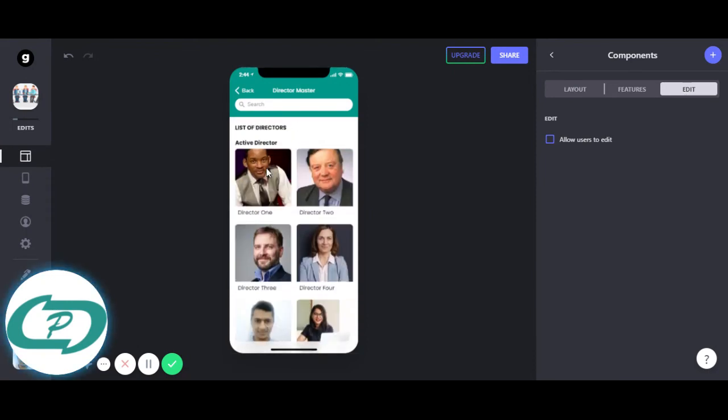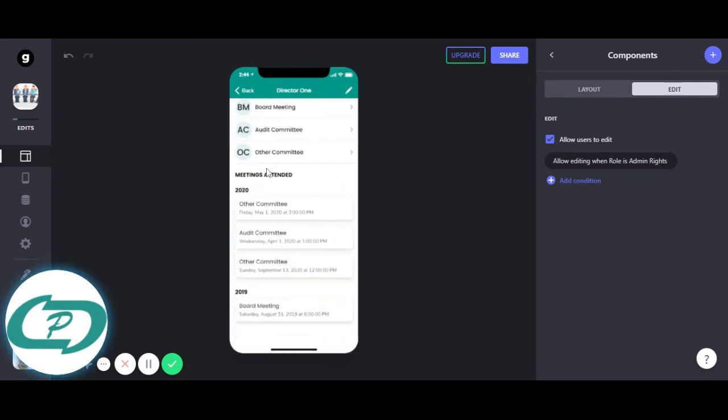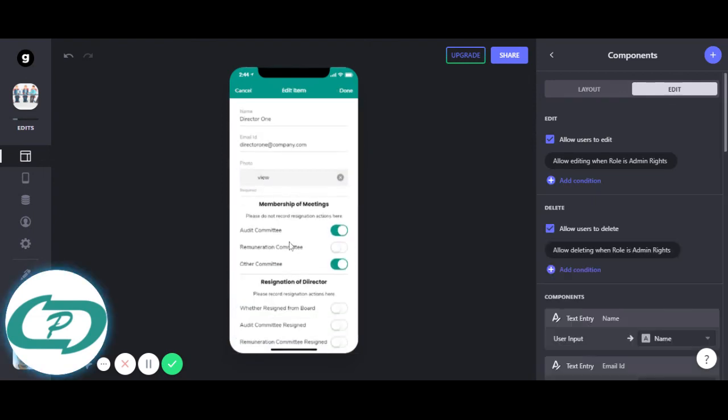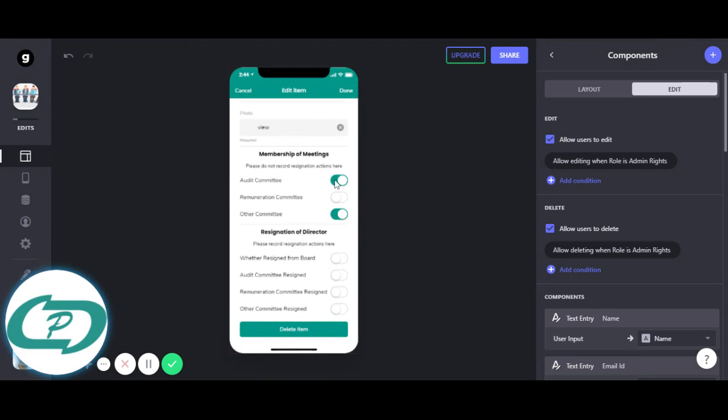If I want to edit any existing details of any existing director, I'll go here and just click on edit. So you can see that he is an existing member in another committee, in audit committee. Board meeting is not showing here because all directors are obviously members of a board meeting unless he resigns.